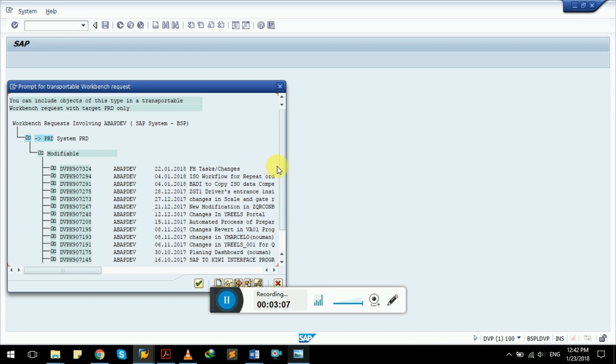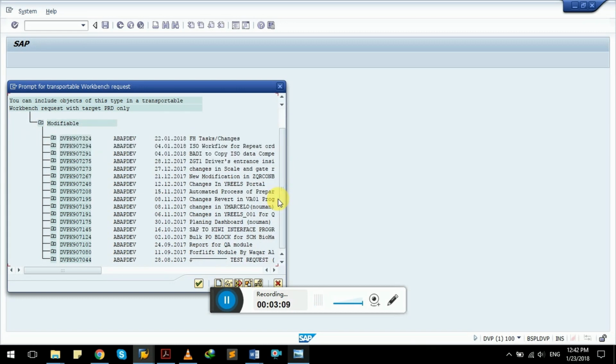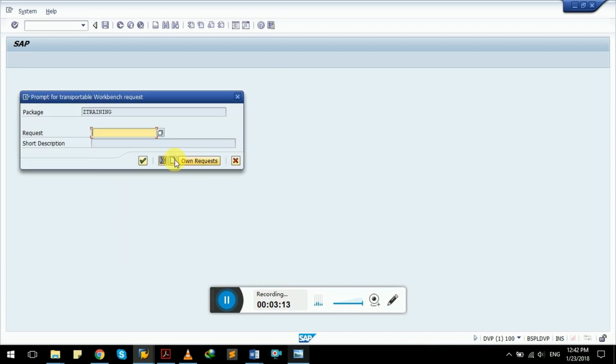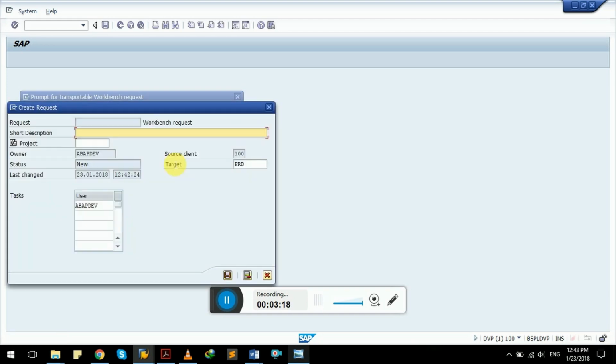Like you can see there, multiple transport requests are available. If you want to create a new transport request, click on this button. It will ask for a short description of that transport request. We can give any kind of short description here, like for training purpose transport request, and when we click on this button, it will create a new transport request and generate a